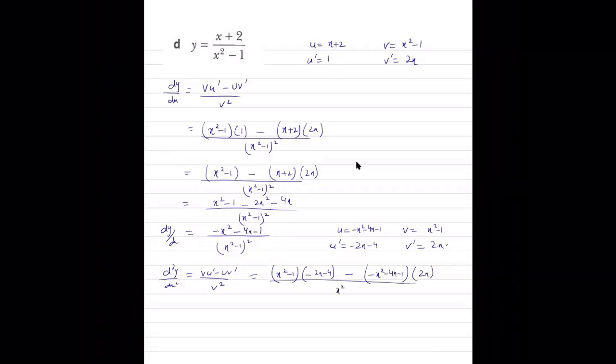I made a slight error over here again. Just a second. The question was v was (x squared minus 1) squared. So when you differentiate this, you are going to get 2 times (x squared minus 1) to the power of 1 times 2x, resulting in 4x times (x squared minus 1).